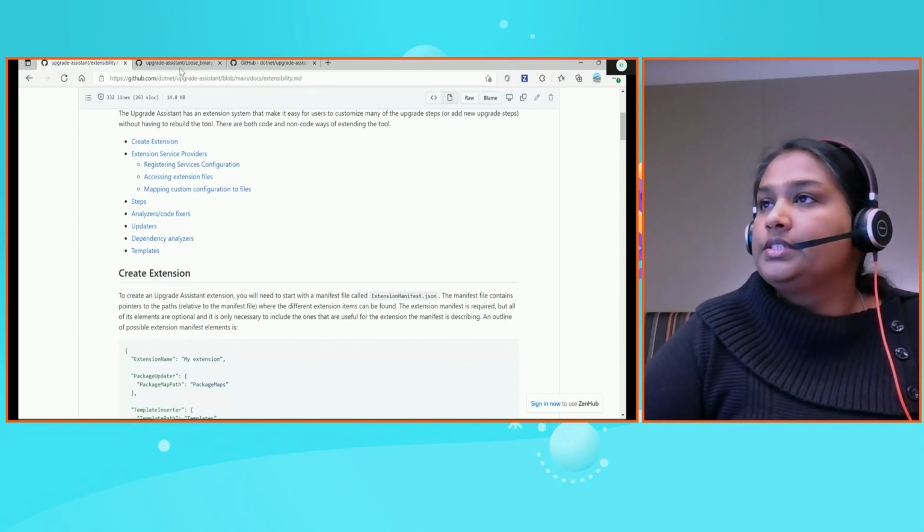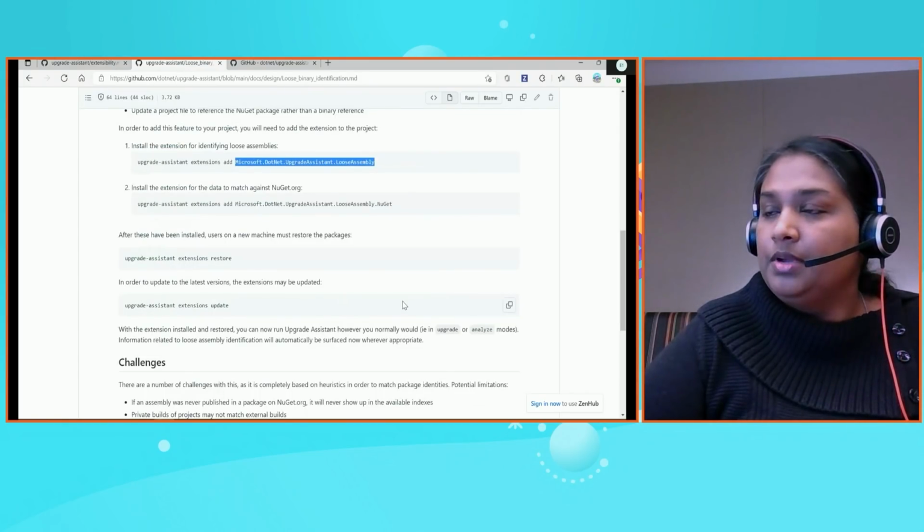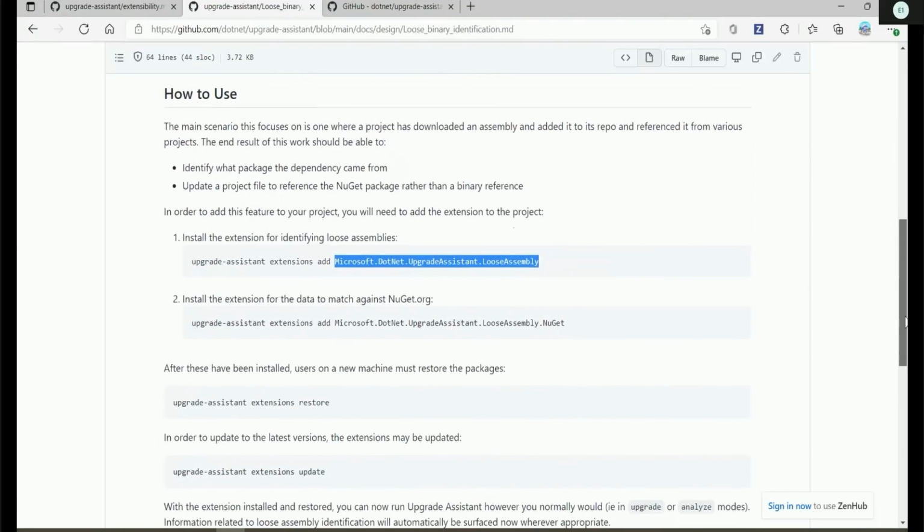Let me show a quick example of one of the extensions that we created in the Upgrade Assistant team. This is an extension for analyzing loose assemblies. Basically, if you're referencing a binary directly in your solution, you would like to know where does this binary exist? Does it exist in a NuGet package? If so, then can I add it to my